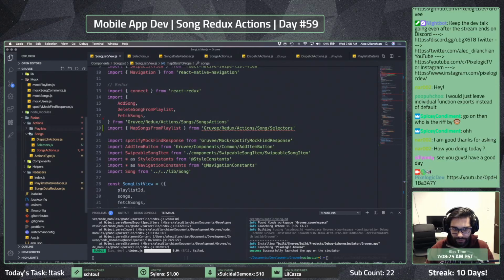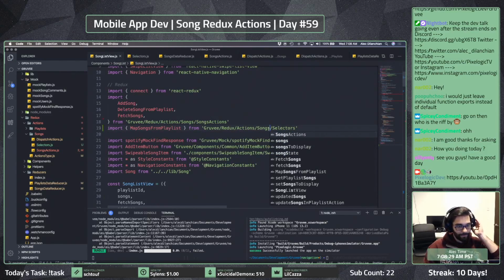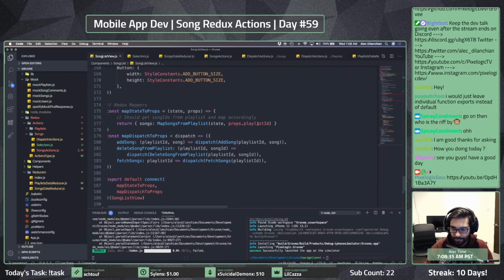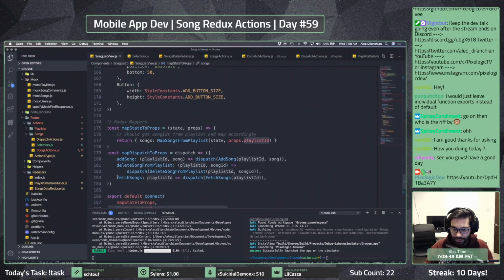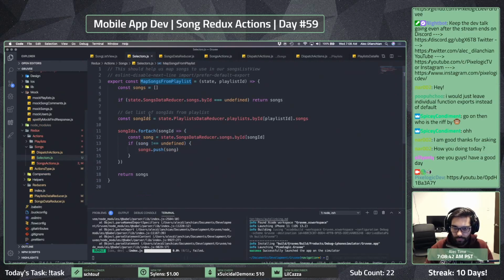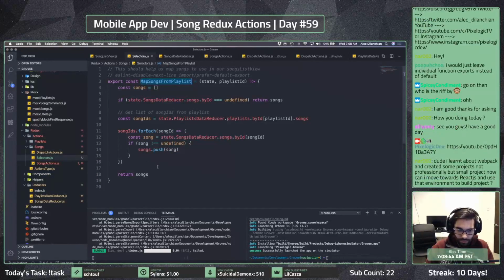Cool. So now that we have our selectors there, that's set up properly. And then that's going to return. This should take our state